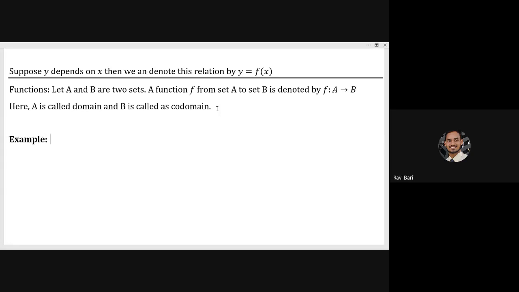So suppose f is from the set of real numbers to the set of real numbers. Real numbers means all the numbers: 1, 2, 3, 4, 5, 6, 7, 8, 9, 10, negative numbers, decimals like 3.2, 3.6, root of 2. All these numbers are real numbers. The function is defined from the set of real numbers to the set of real numbers. Here the domain is the set of real numbers, and the codomain is also the set of real numbers, and it is given by